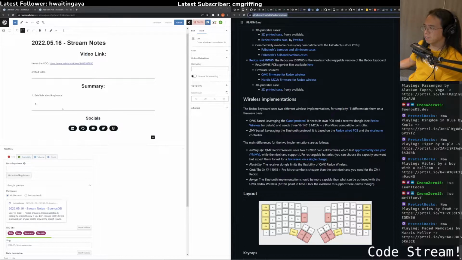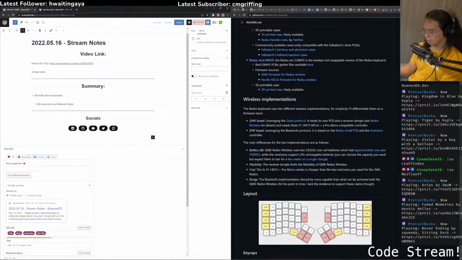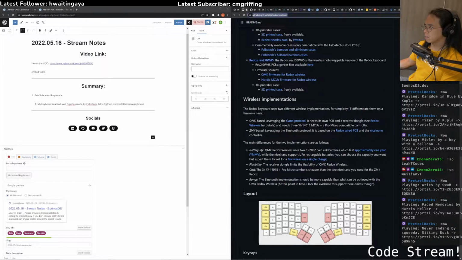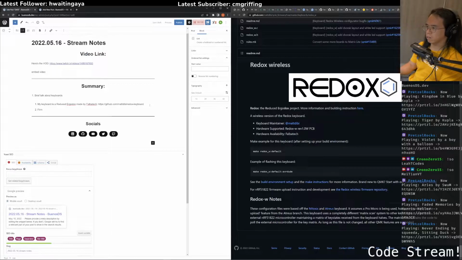So my keyboard is a reduced Ergodox made by Falba Tech. And you can find that information there, and then the firmware for the keyboard here. And the firmware is relevant because